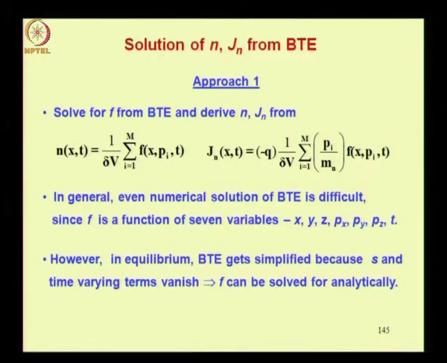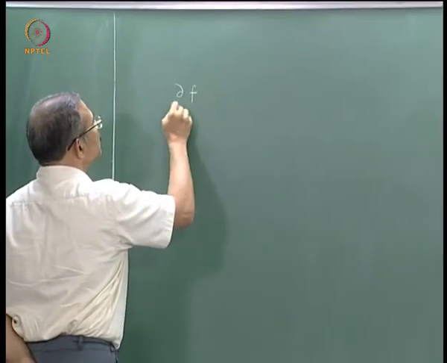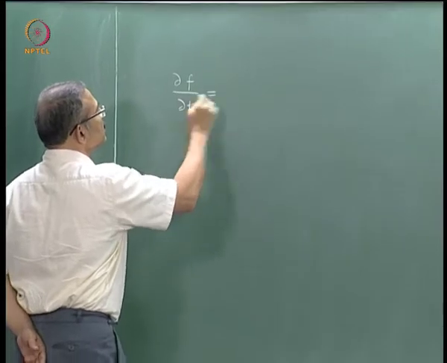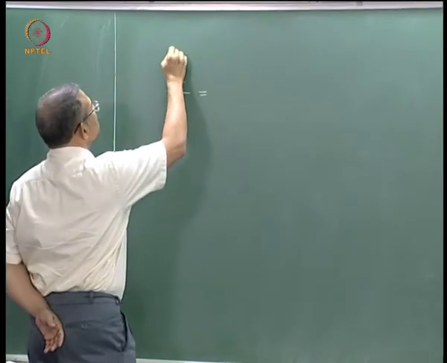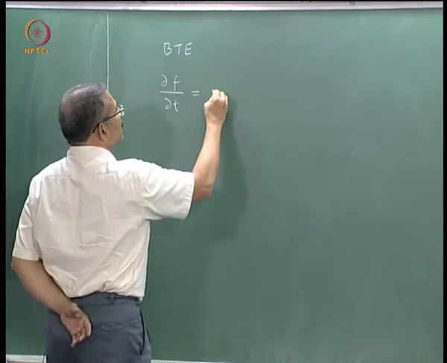However, in equilibrium the Boltzmann transport equation gets simplified because the time varying terms vanish, and so f can be solved for analytically. So what we are saying is the following: if you look at the equilibrium state, then this Boltzmann transport equation, which we write as follows: